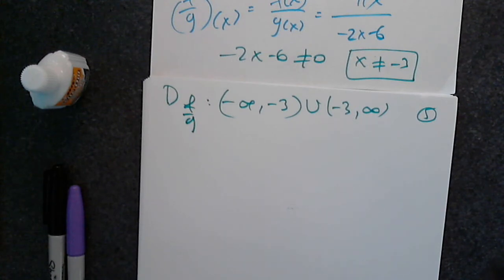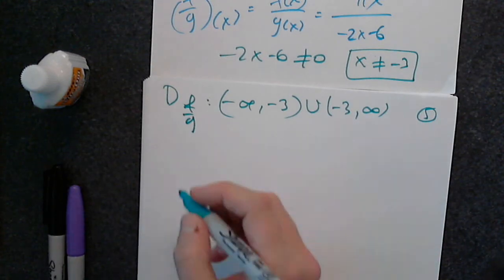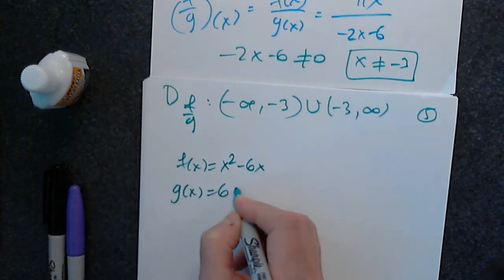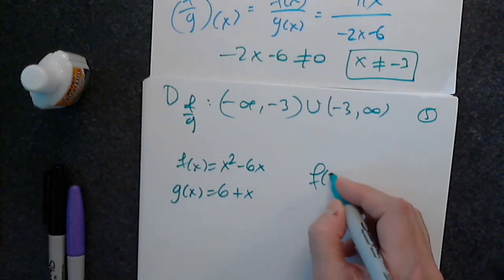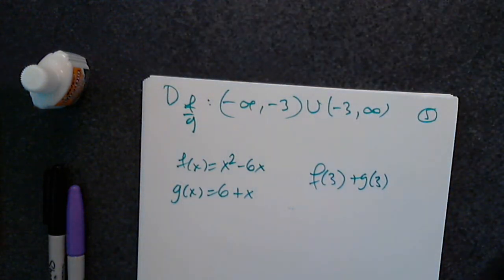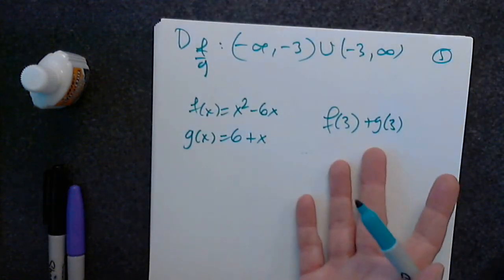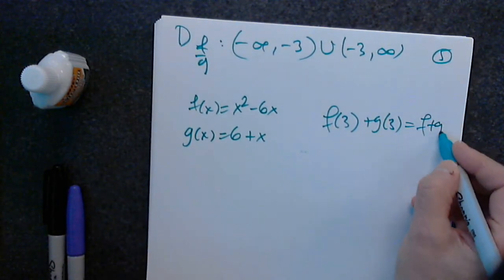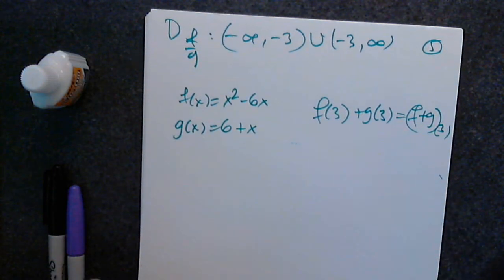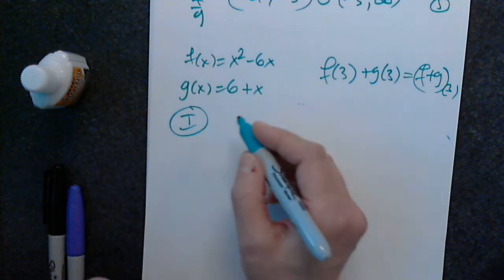Okay. Determine the sum. Same thing. So let's find for these two functions, let's find f of 3 plus g of 3. So I'm copying f of x, x squared minus 6x, and g of x is 6 plus x, and they want us to find f of 3 plus g of 3. We have two options. One option, what is this really? This is nothing else but f plus g of 3, because f plus g of 3 is f of 3 plus g of 3. So one option, which I recommend, is to find f plus g,